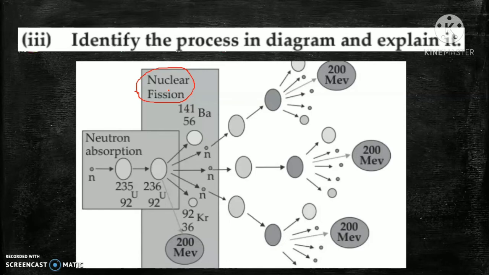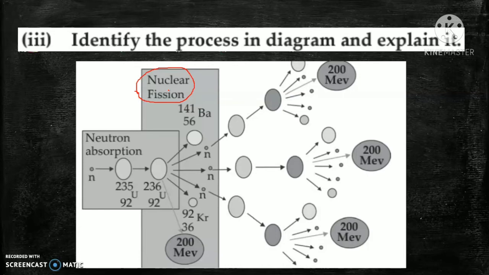So how will you write? No need to draw this diagram again in the answer because it is given in the question. So how will you write? First one, the given figure represents the process of nuclear fission. Second point,